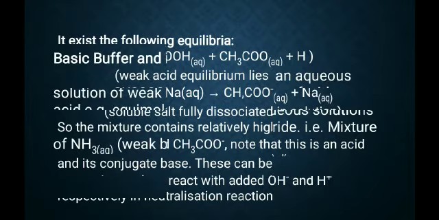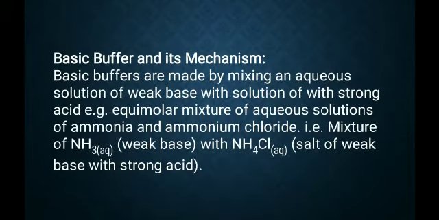Now consider the basic buffer and its mechanism. Basic buffer is made by mixing an aqueous solution of a weak base with a solution of a strong acid salt. For example, the most popular example of basic buffer is the equimolar mixture of ammonia, a weak base, with ammonium chloride, salt of weak base with strong acid। तो बेसिक बफर किससे मिलकर बनता है, ammonia and ammonium chloride। Ammonia is a weak base, ammonium chloride is the salt of weak base with strong acid।